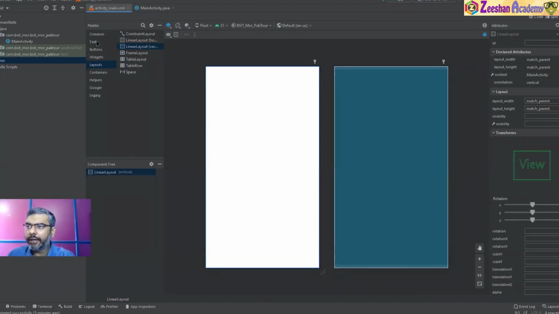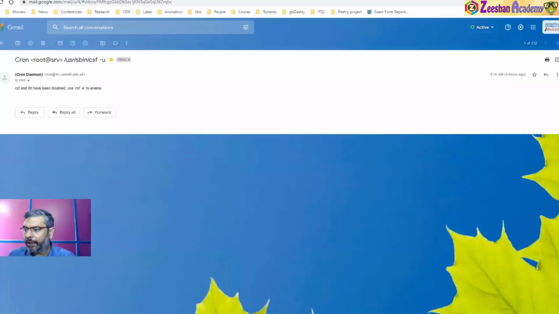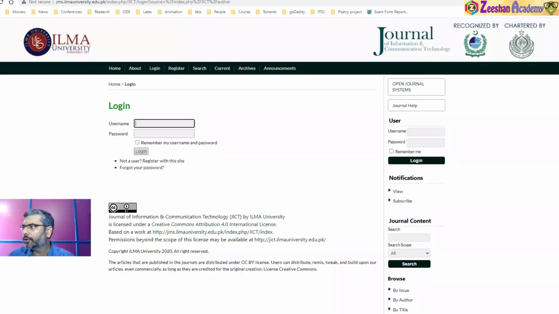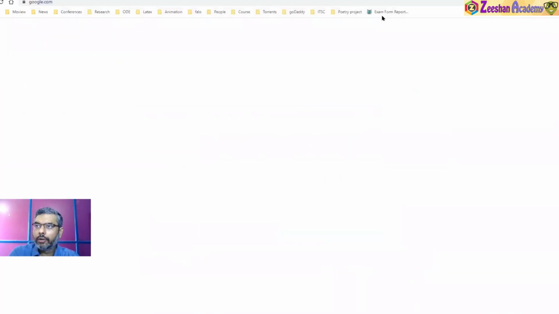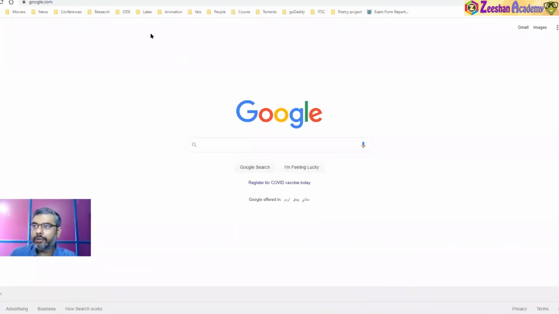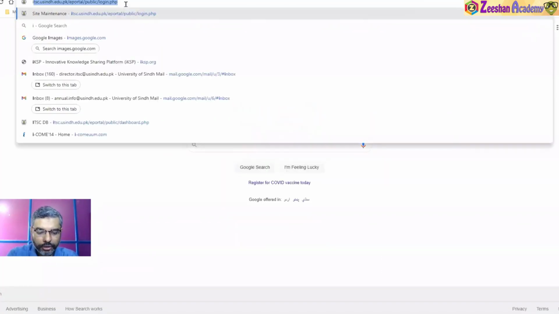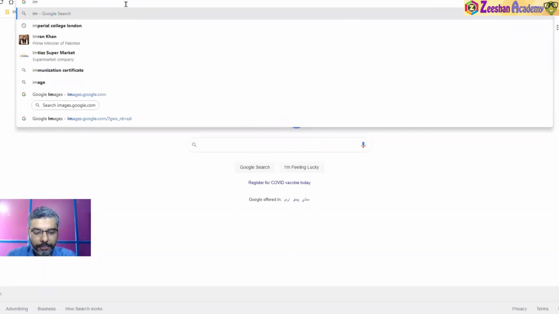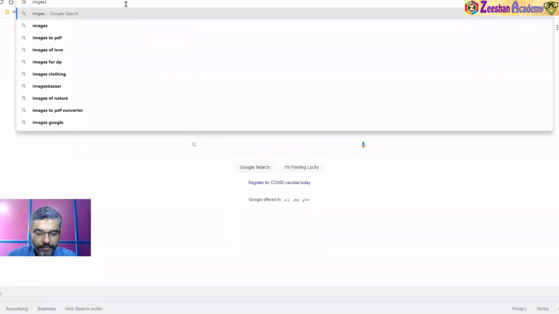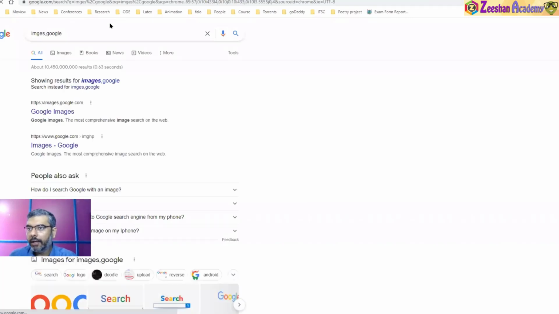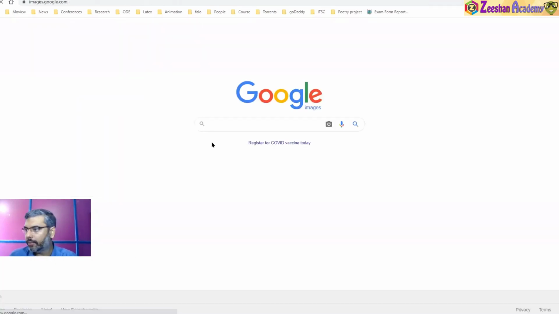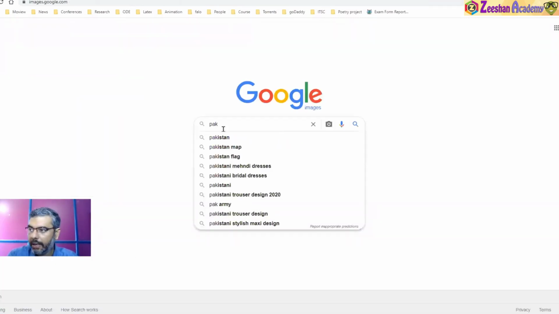Let's come back here inside the common buttons, widgets. The first thing I need is an image. So what I can do is very quickly go on to Google, and in fact Google Images, because in order to design a UI, sometimes you use images as well. So I search for Pakistan map,